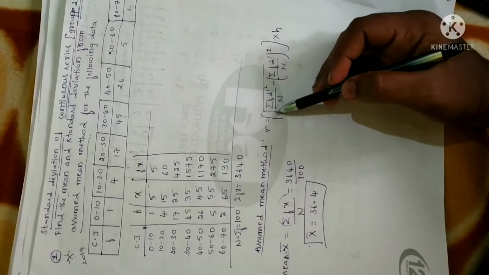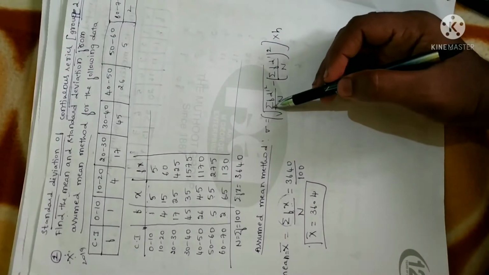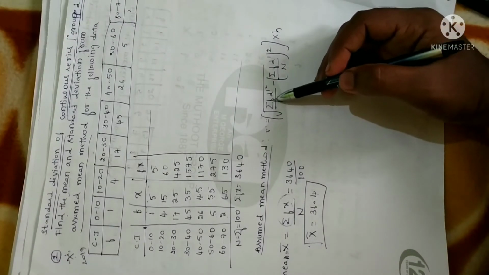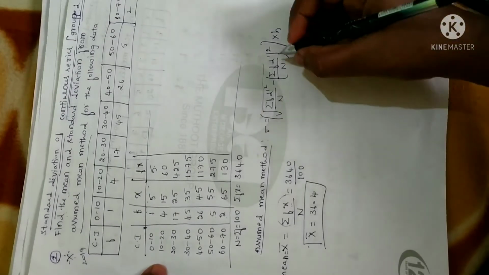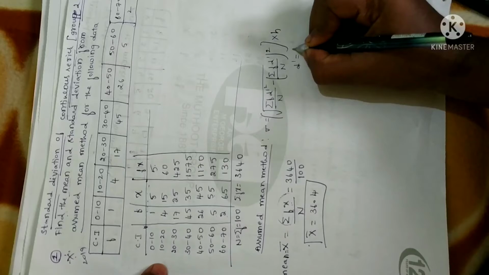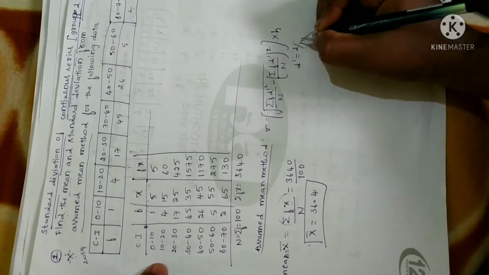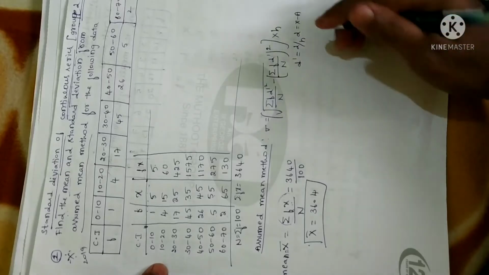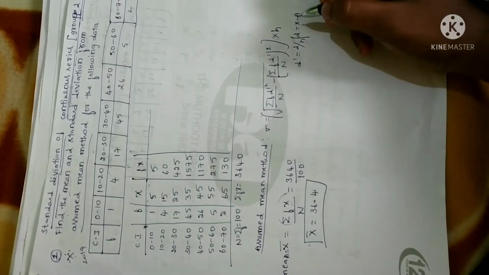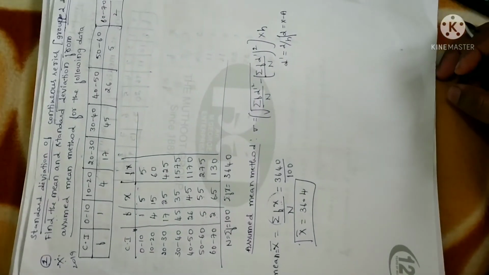Next, coming to the standard deviation, go to the standard deviation formula. What is the required data for us? f into d dash square. As I already told you in the formula list, d dash can be calculated by using d by h in the assumed mean method, and d can be calculated by using x minus a. That is the reason I have clearly mentioned the values of d in the formula list. Please go to the formula list clearly.